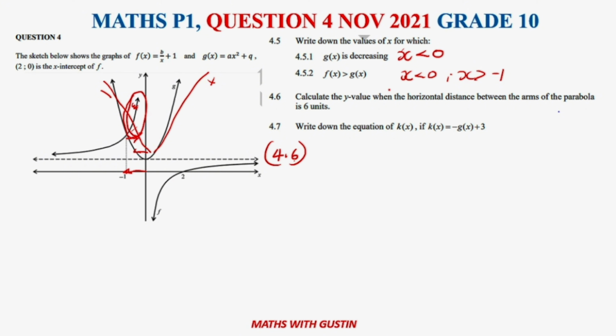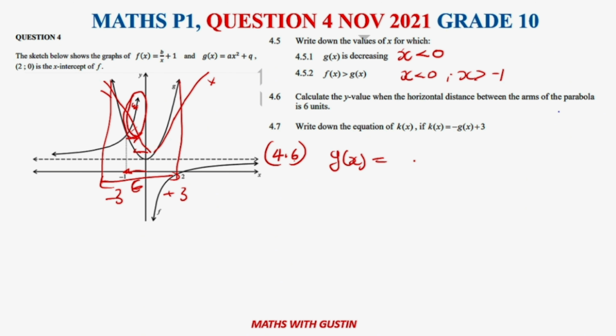Okay, if that's the case, it means between the two arms, this distance here and this distance here, the total distance is 6. Therefore it's going to be 3 on either side, and 3 on the other side. So what we would do is come here and say, okay, in the g of x,